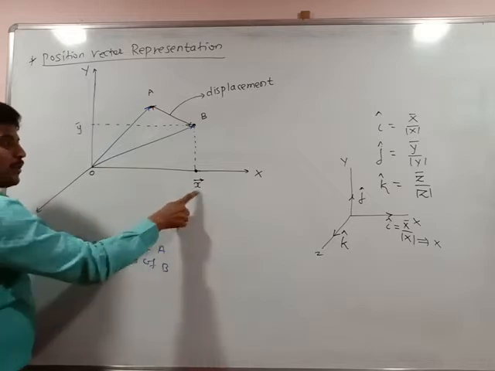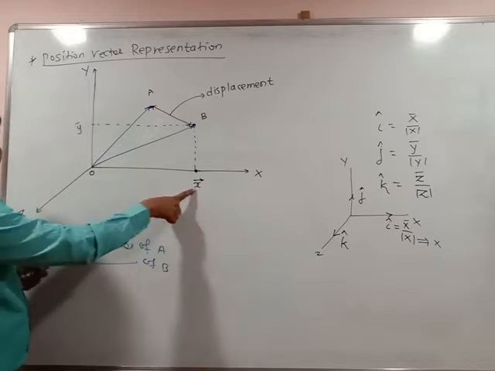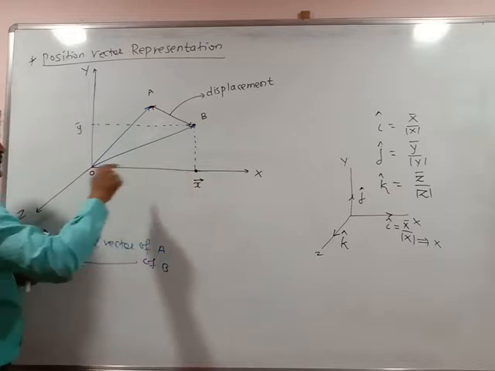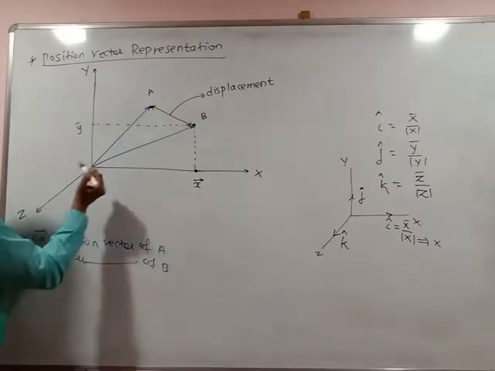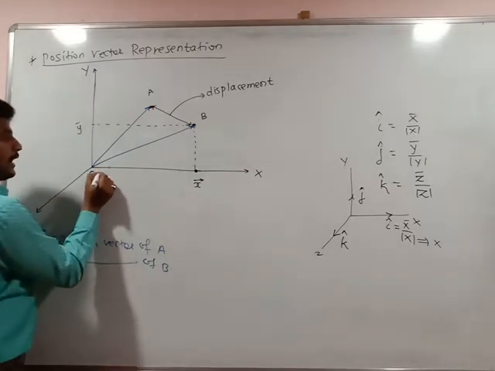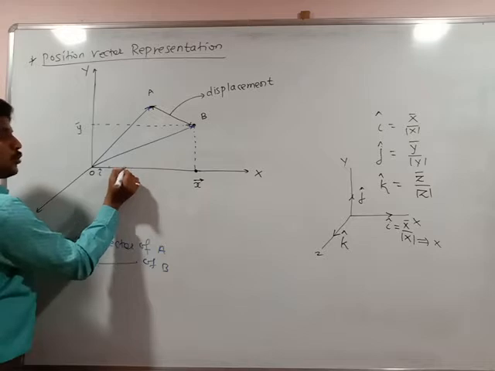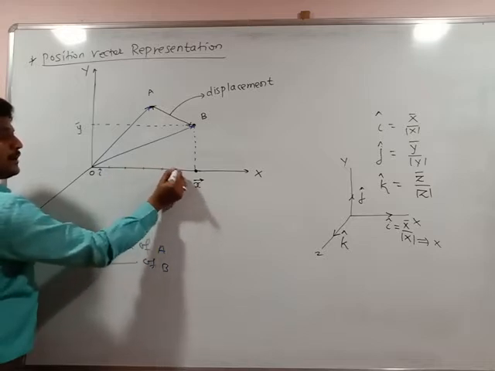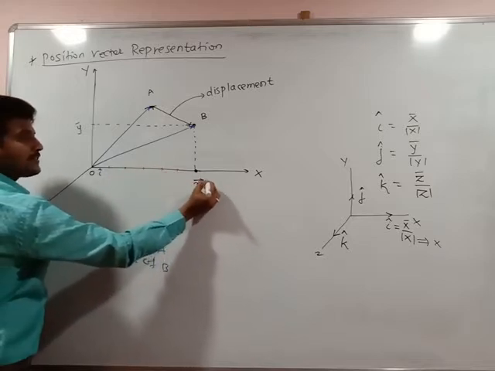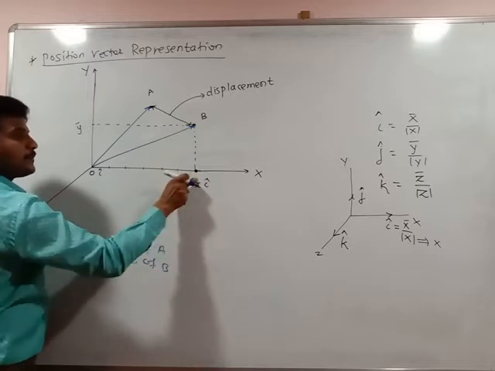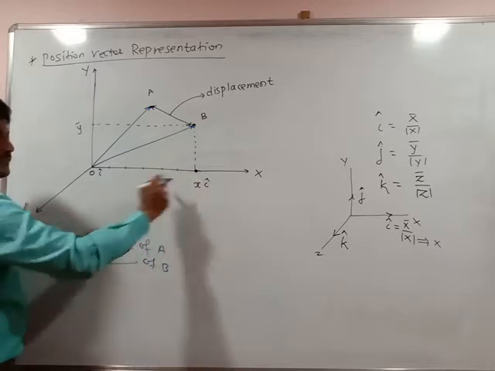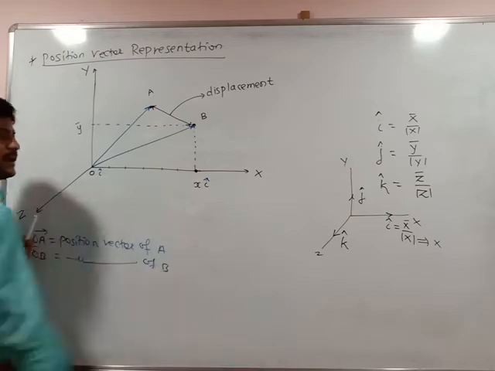Is it clear? But what is this X? It is a vector quantity. How to represent its unit vector? Here suppose 1i. I is what? Unit vector. 2i, 3i, 4i, or here I can say it is a xi. Okay? Unit vector along x axis can be represented as a xi.